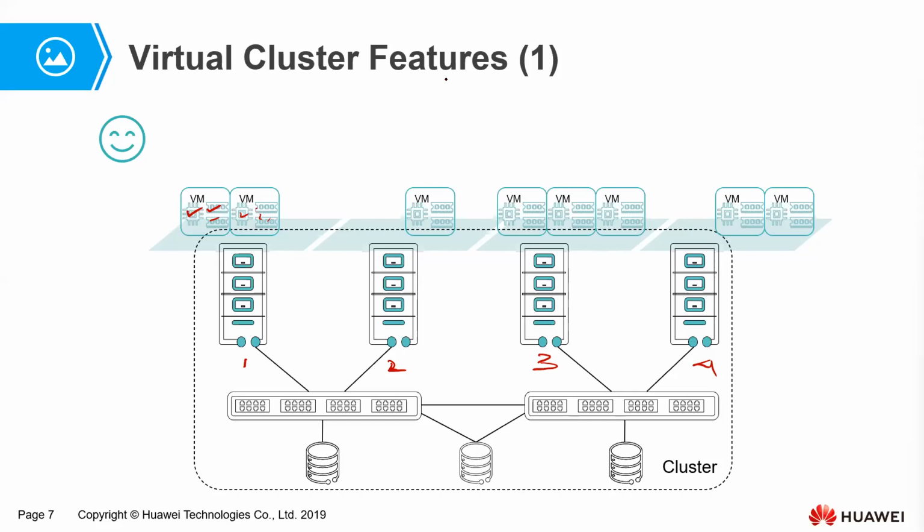So let us look at the first feature, which is going to be called high availability. High availability helps ensure that our virtual machines are readily available, and we are going to increase the reliability of our virtual machines. In case one physical server dies and these virtual machines were on this physical server, we have virtual machine A and virtual machine B,